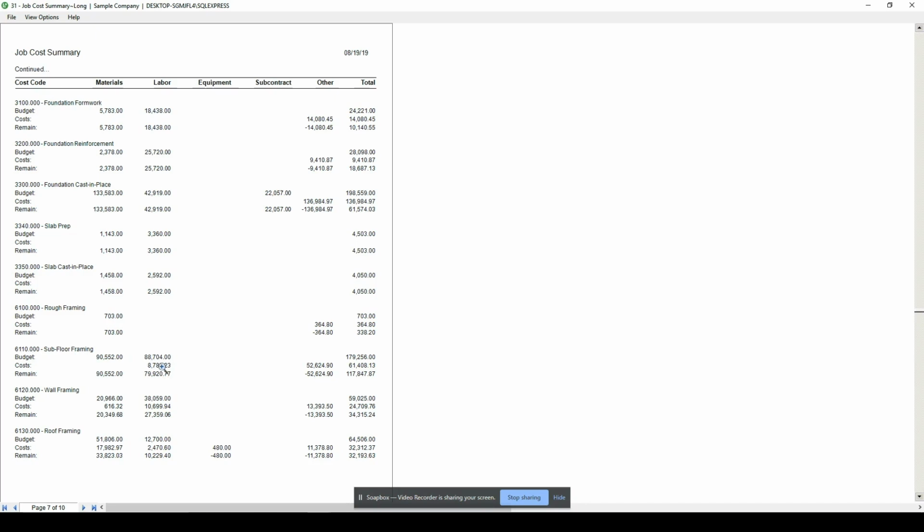So now I can take this information if I'm running a weekly report on a schedule, scheduled reports, or I'm looking at this on a monthly basis. I can now make the critical decisions from a project management standpoint, or as an estimator, based on the cost information coming into the system and comparing it back to my original estimate. But without it coming from the takeoffs or setting it up in budgets, we won't have this information.